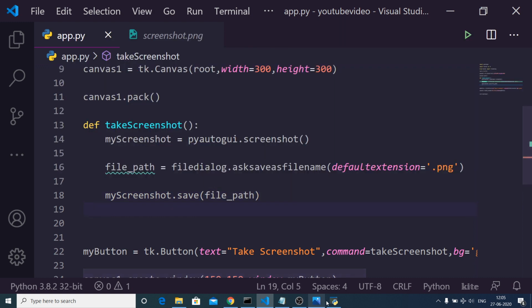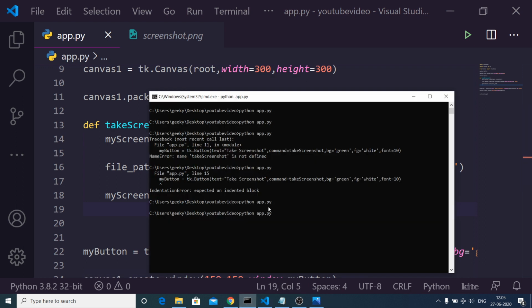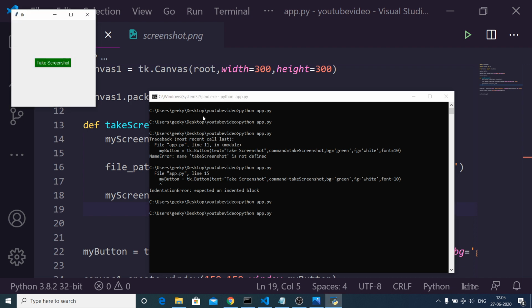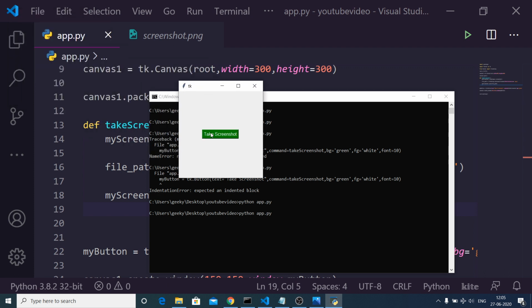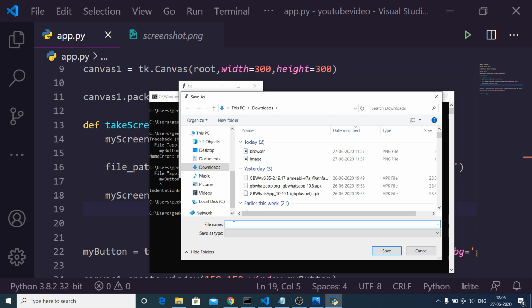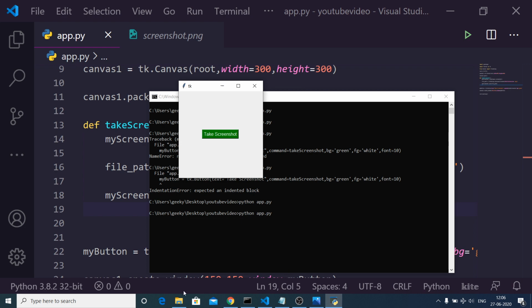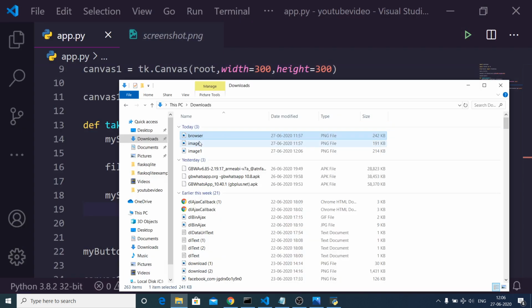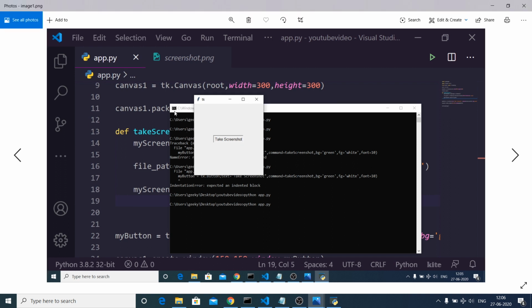That's it. And now if you run this application once again, if I go to the command prompt, run python app.py, it is just running. So you can see that now if I hit the take screenshot button, a file dialog will appear asking me to save the file. So if I save this as image1, click on save, you will see inside my downloads folder this is the image1.png file. If I open this, this is my screenshot which is saved